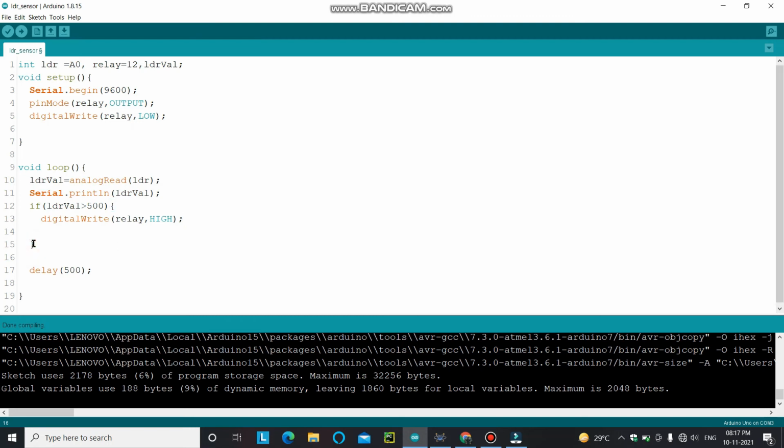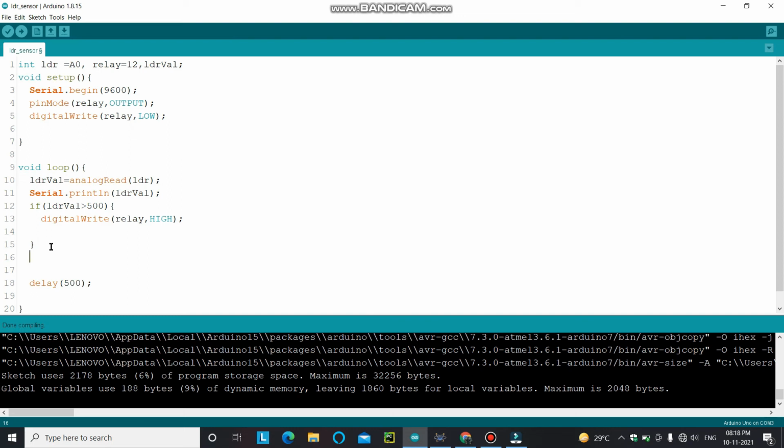In the other case, that is the else case, else means any value lower than 500 ohms: if the resistance of this LDR sensor is less than 500 ohms, then you have to turn off this relay, or turn off the load, using the digital write function again.